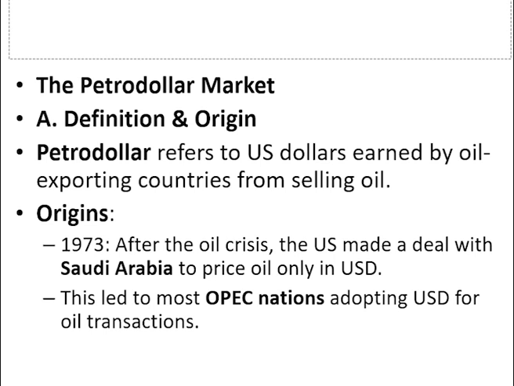So in 1973, we saw in the global economy a major oil crisis. So USA made a deal with Saudi Arabia to price oil only in USD, that is in dollars. This idea was accepted by these OPEC nations and it was made mandatory that the countries which want to import oil from these OPEC countries have to pay only in dollars, the petrodollars. In return, USA promised that they would supply all kinds of required goods and services to these nations.